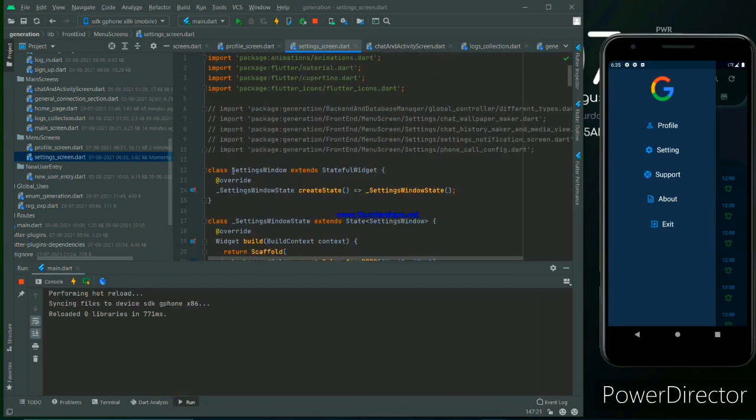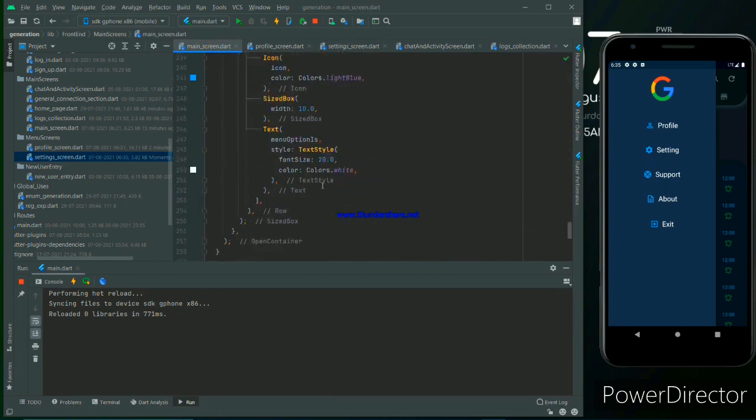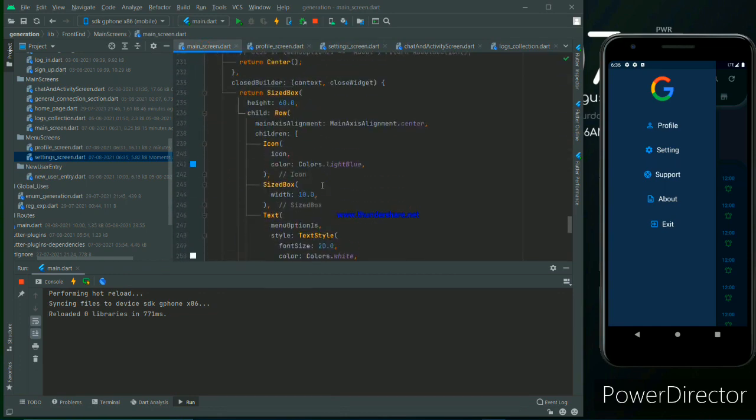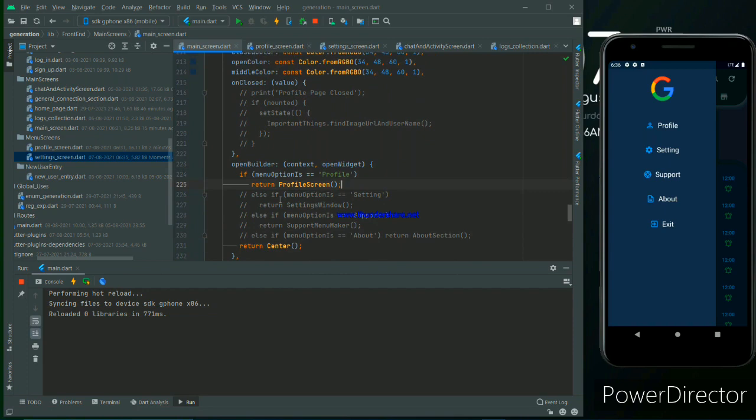So now we have to connect the settings window. I will explain the code, don't worry about it, please stay tuned. This is the class name and we have to connect it with the menu screen, right? Main screen drawer.